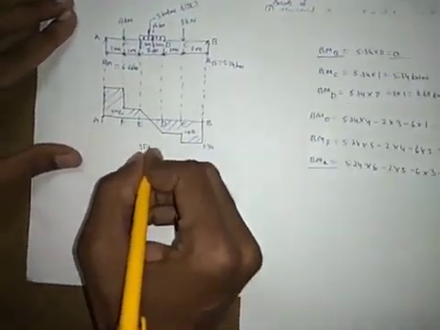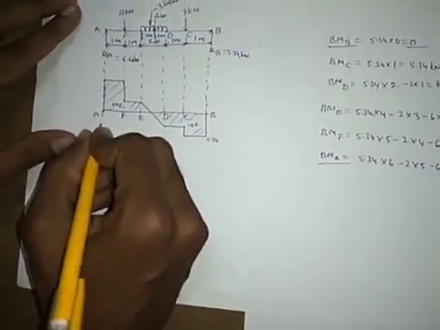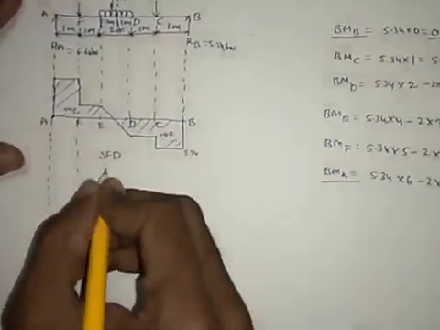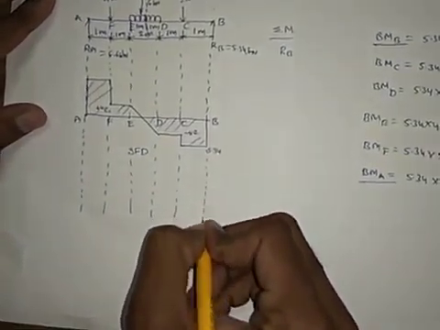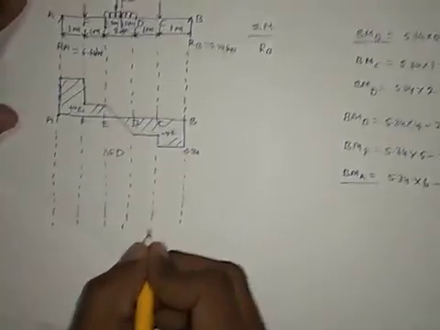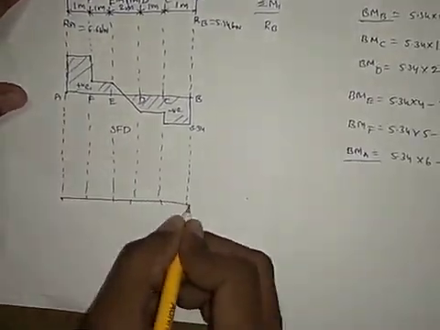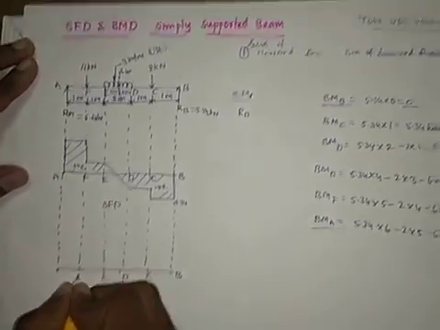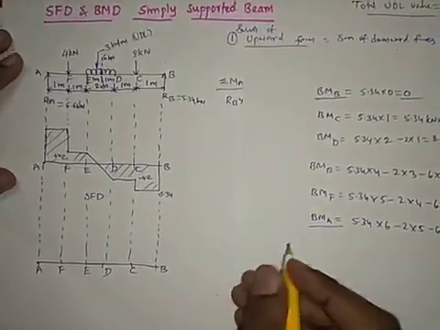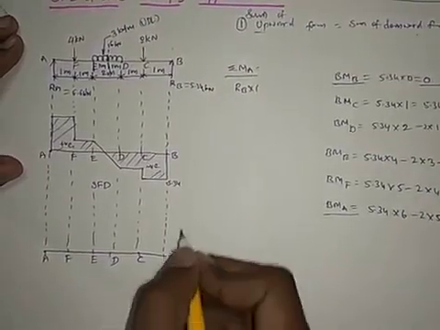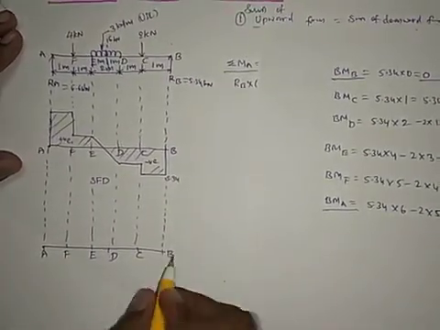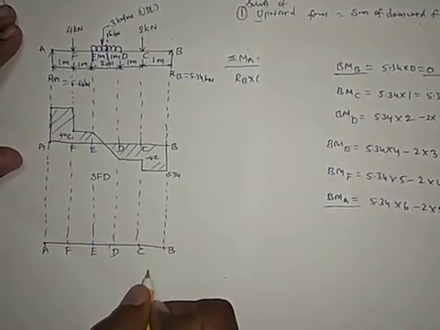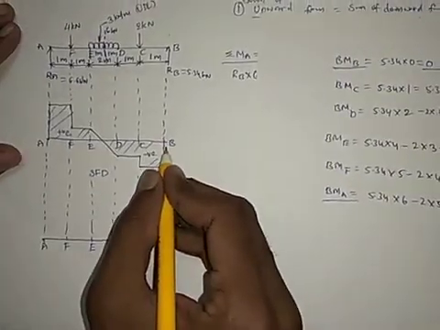The previous one is the shear force diagram. To draw the bending moment diagram, once again take the vertical lines, extend those vertical lines downwards like this, and extend up to the last point. Indicate the length of the beam as it is, and take all the key points B, C, D, E, F and A. See here, the bending moment diagram will depend upon the shear force diagram. Between 2 points, the shape of the bending moment diagram will depend upon the shape of the shear force diagram between the same 2 points.